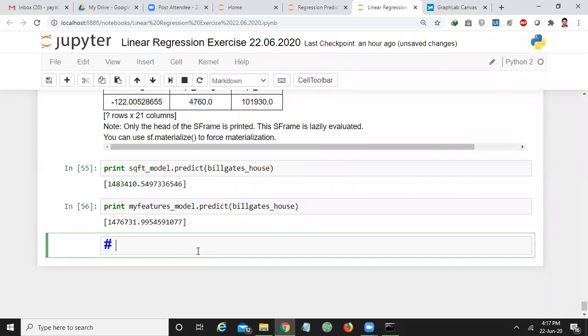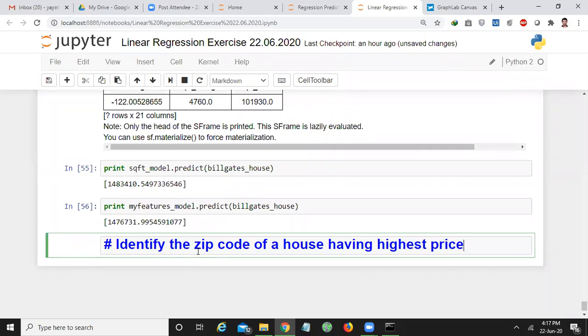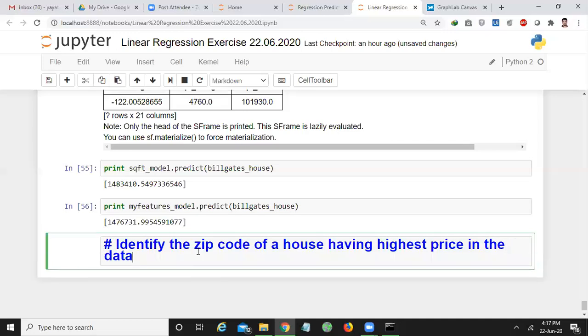Identify the zip code of a house having the highest price in the data set.